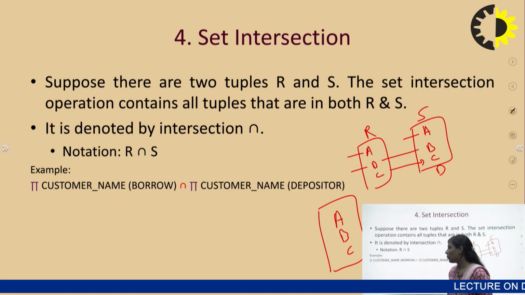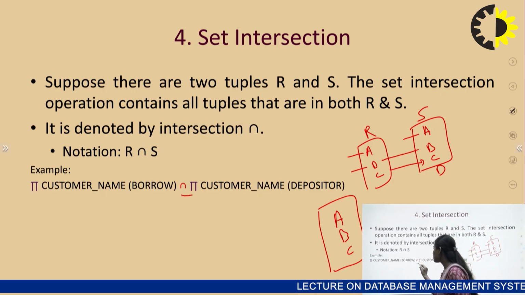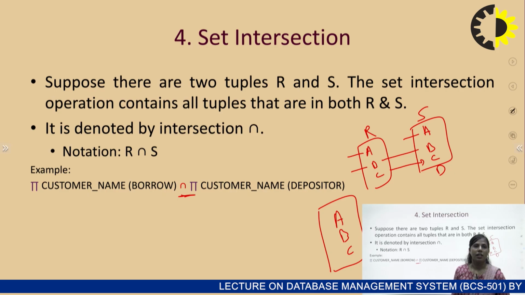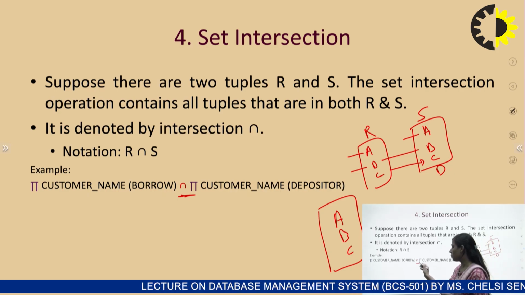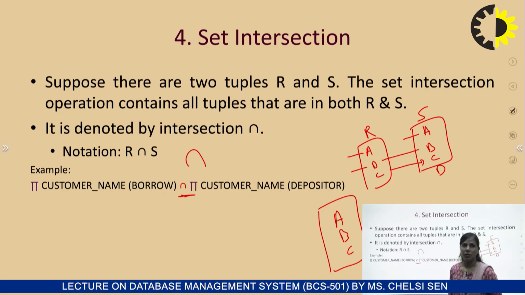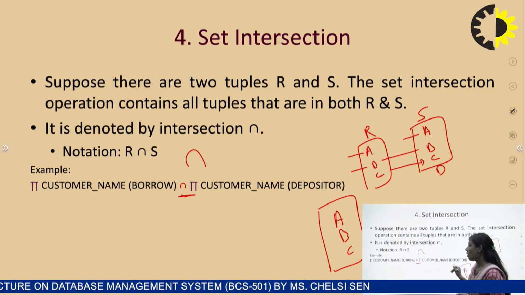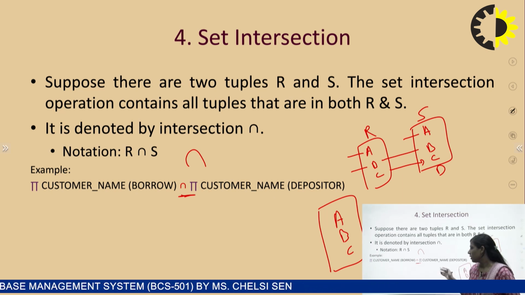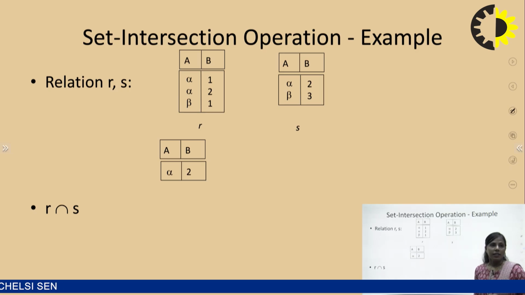The same thing works for pi customer name borrower. The symbol is just the opposite of the union symbol. In the case of set intersection, we use the opposite of the union symbol. So this is how we do the representation. Then we mention the other table, which can be any table. So this is another example of a set